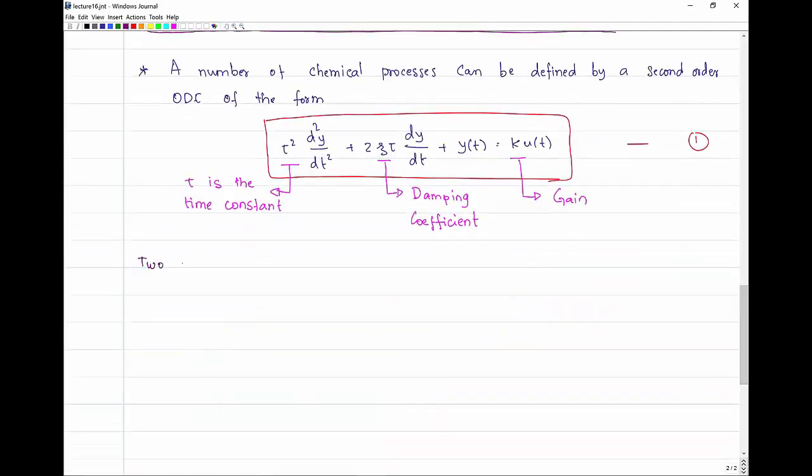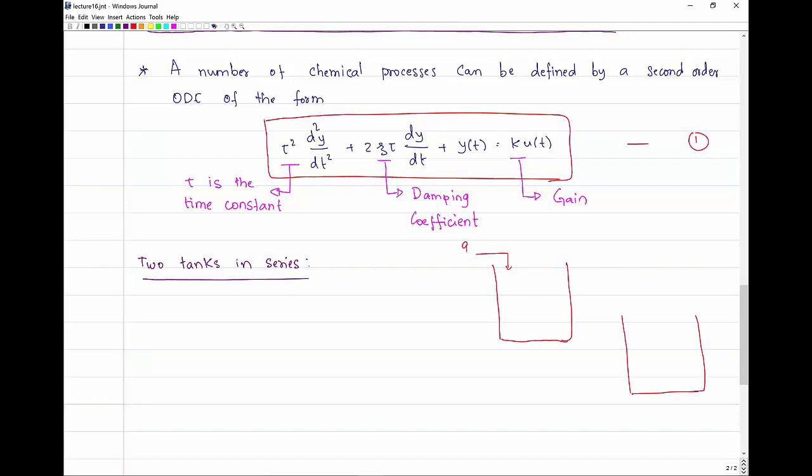K is the gain of the process, and it has the same meaning as in the first order transfer functions. Now let's consider two tanks in series. I want to prove to you that when you keep two tanks in series, the resulting differential equation that relates H2, height in tank 2, to the inlet flow rate into tank 1 is going to be a second order